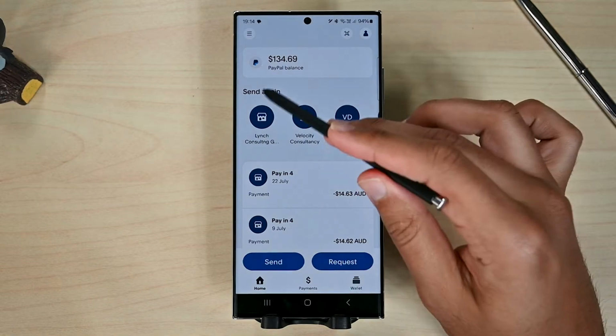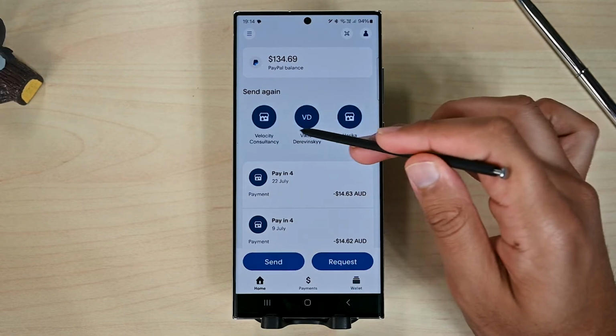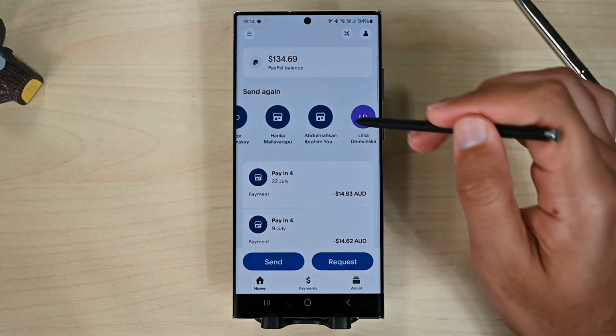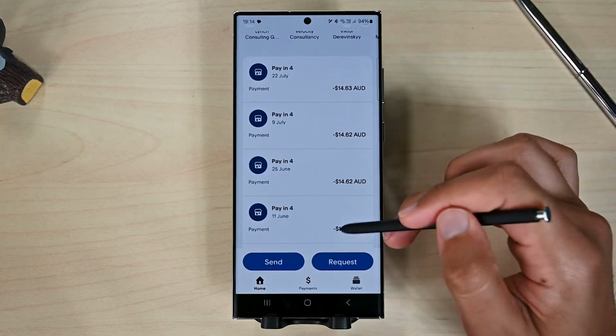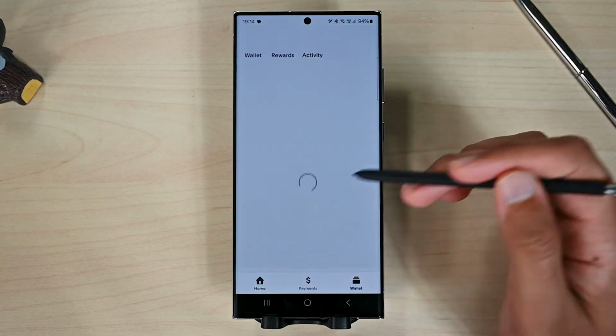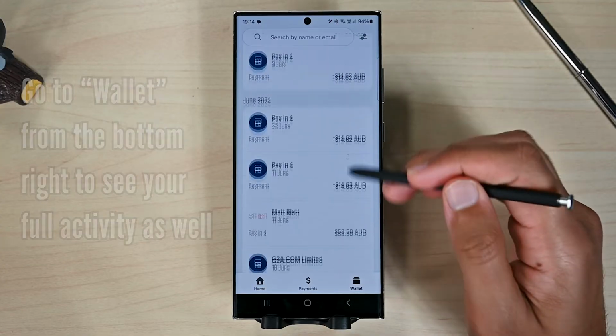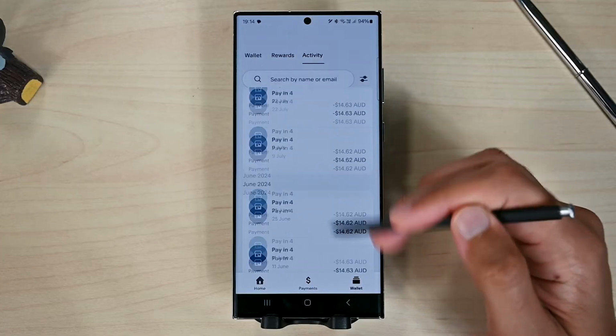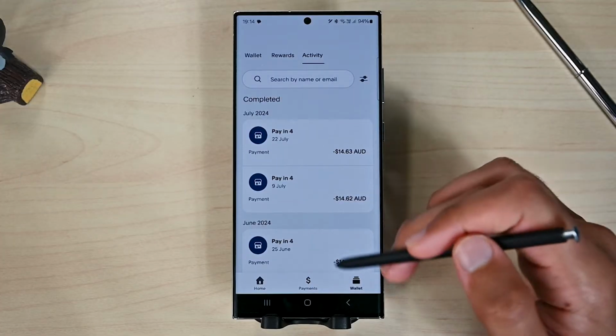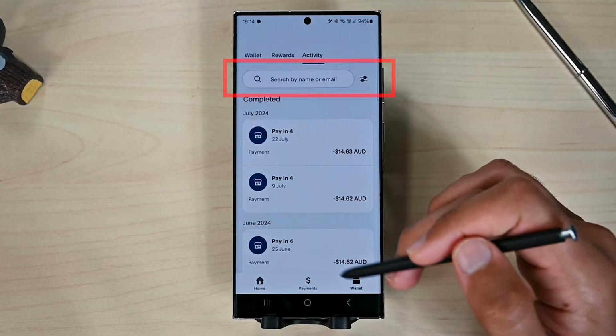On the top, I have users whom I've sent money to in the past. We can pick one and send them again. We also find our activity. Tap this See More to find all your transactions. The amount in black shows the money spent and the green shows the money received. We can filter those results and see payments from a single user by putting their name or email in this